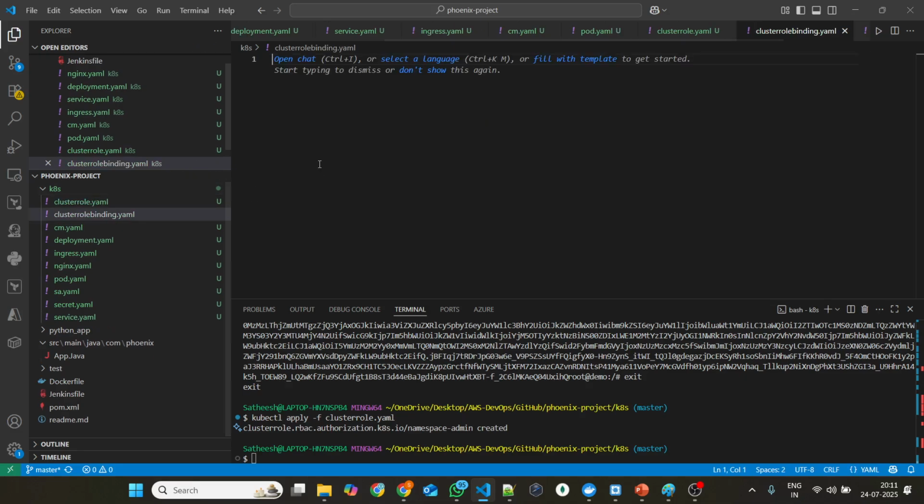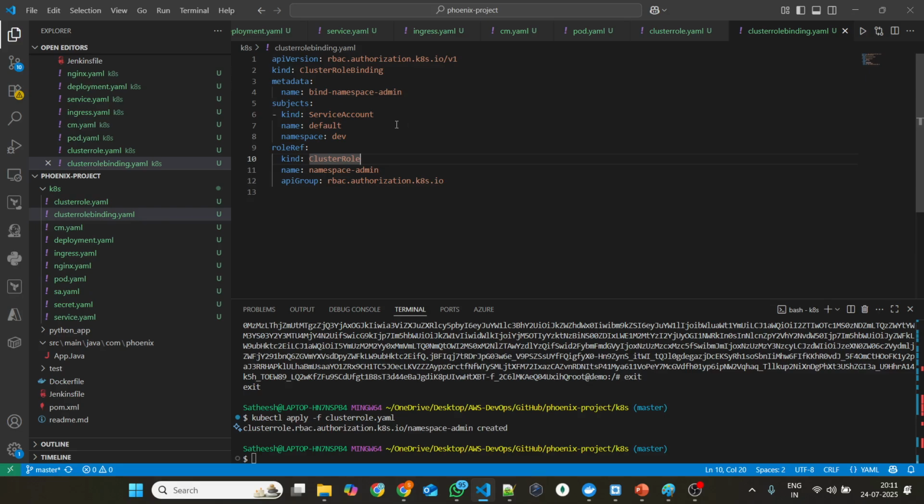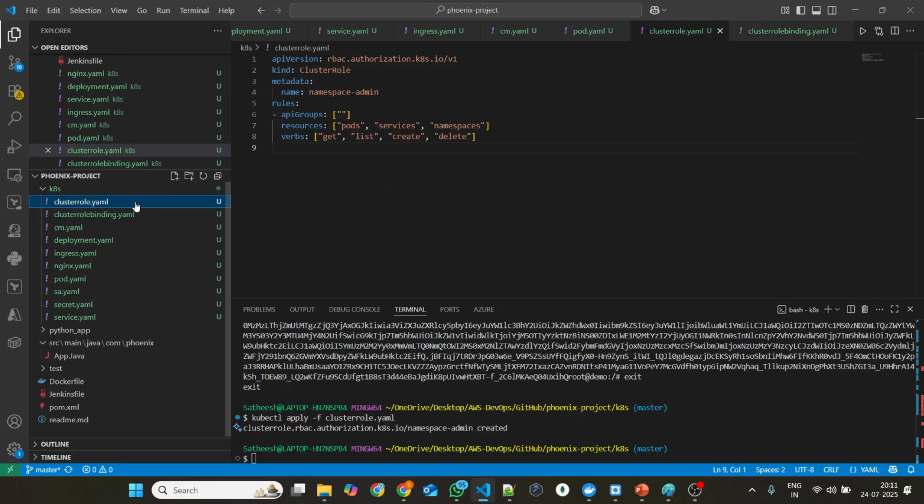I create a cluster role binding. For this cluster role binding to happen, I'm removing this namespace equal to dev. So I created a cluster role. The cluster role will have permissions on pods, services, and namespaces, and it will have permissions like get, list, create, and delete. Now what I do is